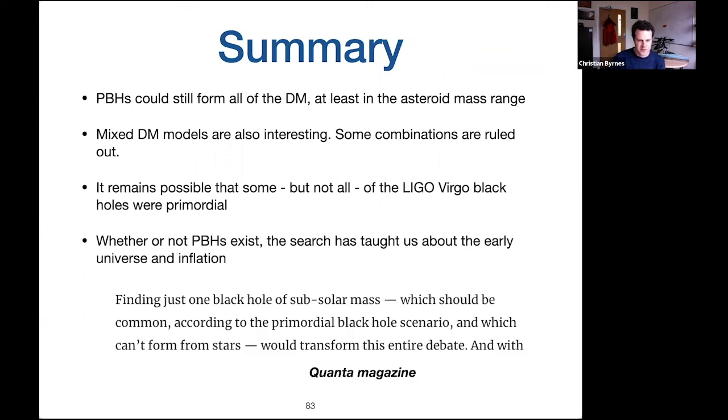So let me finish with a quote from the same Quanta magazine article I gave earlier. So going back to my hope, finding just one black hole of subsolar mass, which should be common according to the primordial black hole scenario that's based on the QCD physics, and which can't form from stars, would transform this entire debate. And I'll